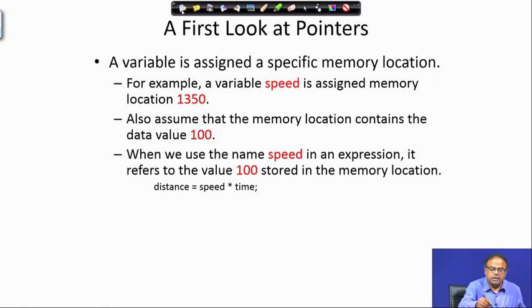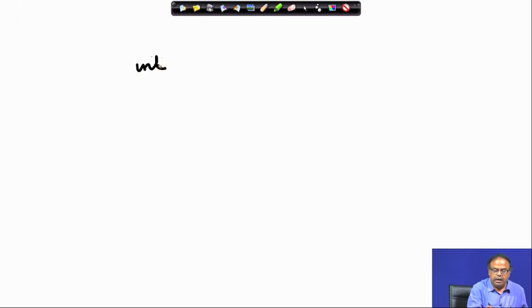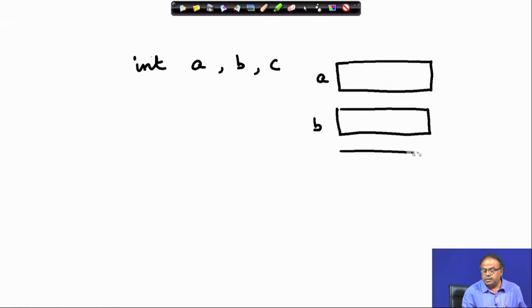So, if we declare int a, b, c, then as we have discussed earlier, a, b, c are 3 memory locations assigned by the compiler. Now, each of these memory locations actually has an address, right.